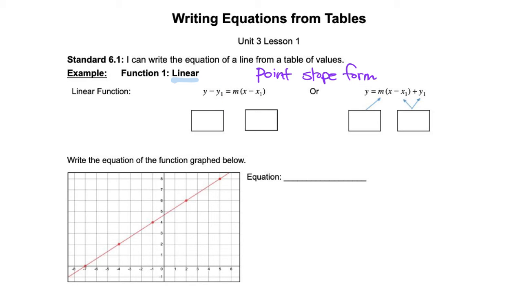So let's remind ourselves what the components of this equation are. The m value, regardless of which equation you want to use, is always related to your rate of change or your slope. So mark this on your paper. Remember, that is rise over run. And if you want to also put that slope, you may do that as well. However you want to remember that, but you should have rate of change and rise over run for sure. You can also put down that that's the change in y over the change in x, if that is helpful